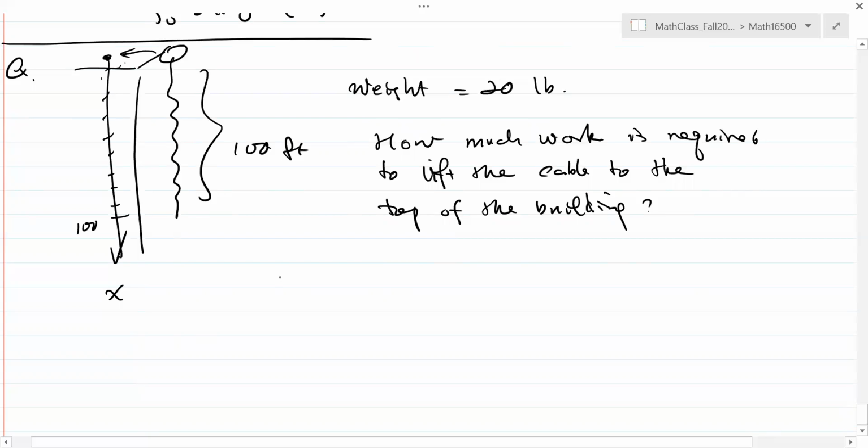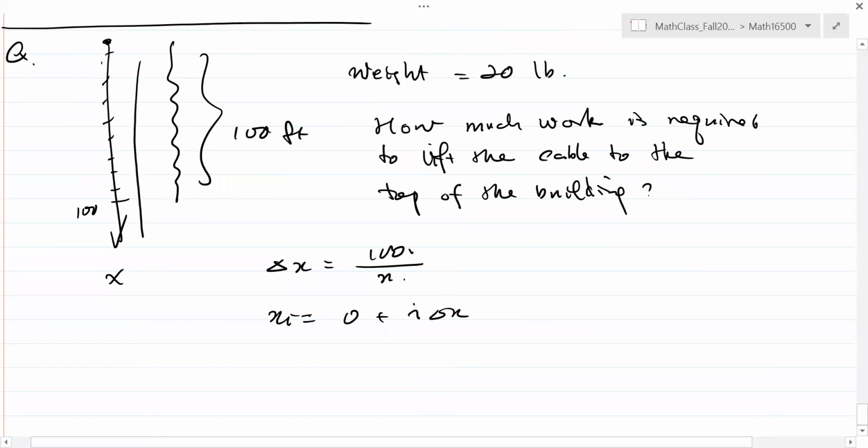So delta x is going to be 100 over n, then xi is going to be 0 plus i delta x. Now, for the ith piece of the cable,